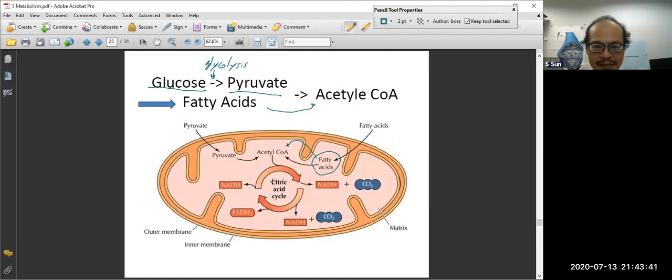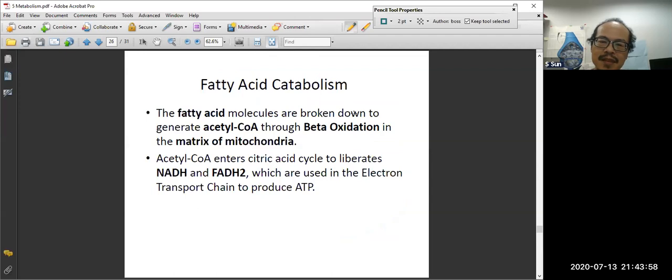This process has a name though. Fatty acids to the acetyl. This process is called beta oxidation. So fatty acids are broken down to generate acetyl because fatty acids, if you may remember, have a very